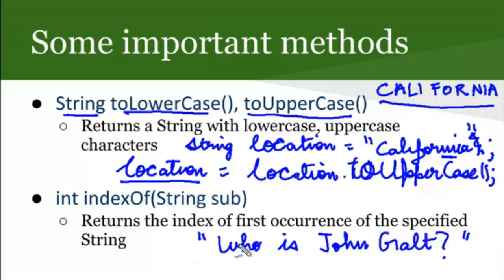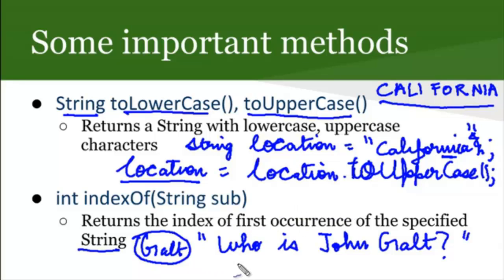Now I want to find the first occurrence of the string Galt. I'm searching for someone by the surname Galt and I want to look into the string to see where Galt appears. So what I'll do is,